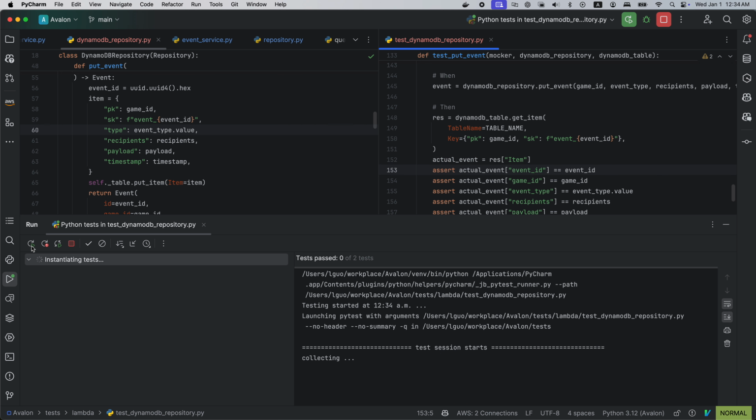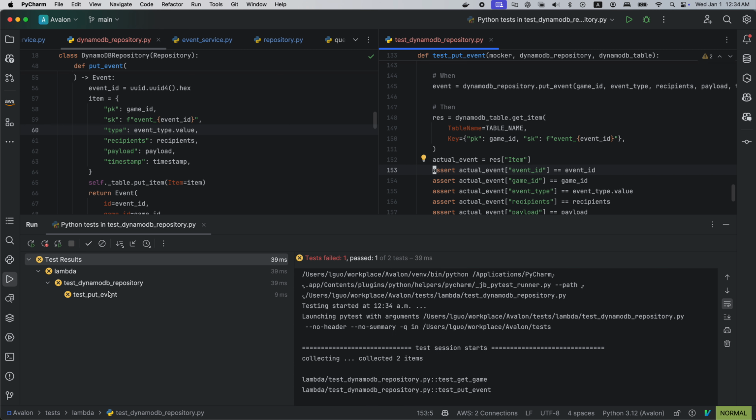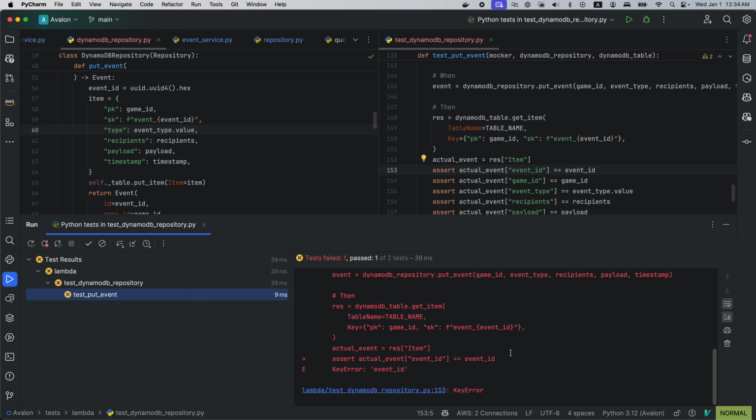Now we can take a closer look. Oh, of course. Stupid.